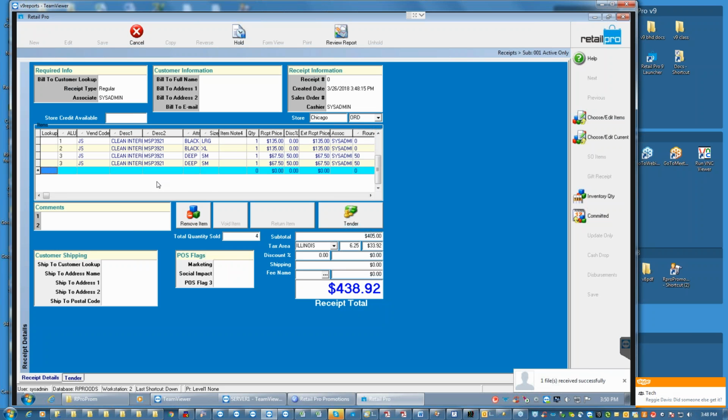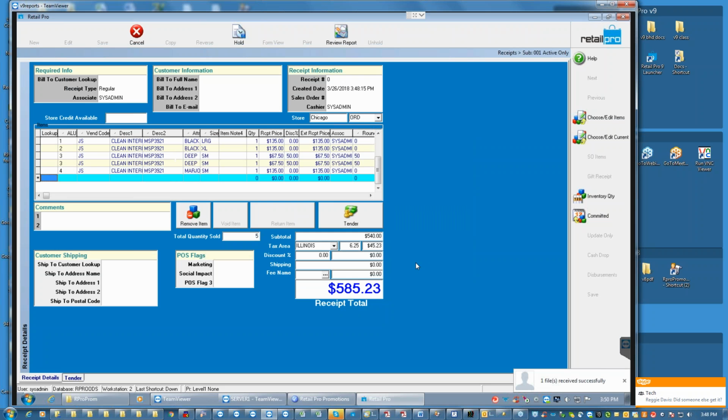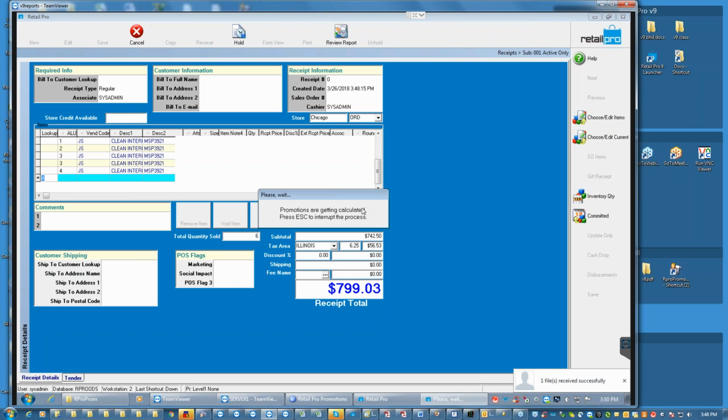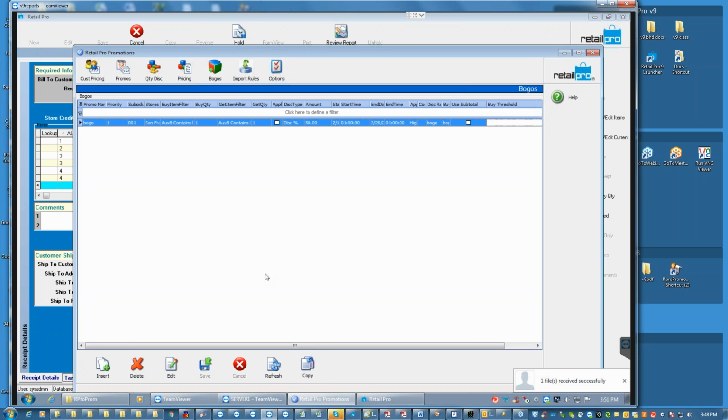Also just wanted to show you, when we're adding things, how the little thing pops up. It's looking through every item every time you ring something up to see if it has anything to do with a promo. So if you have a dozen things, you can see that gets slower and slower the more things are on here. Now, this is not the speediest computer, okay,